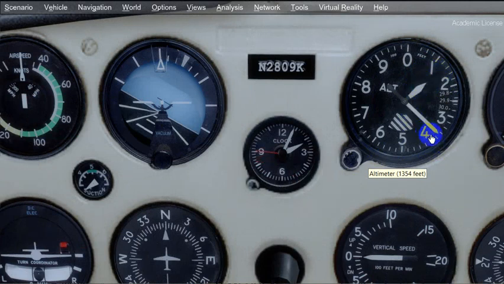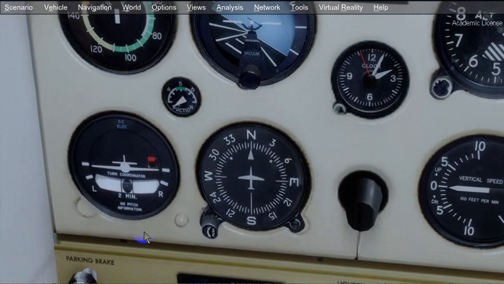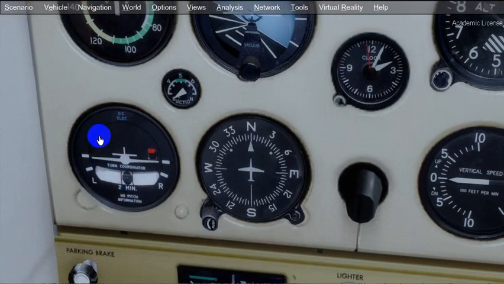Altimeter, we stated that we were about 1,300 and some change above sea level, and this is the thousands needle, and this is the hundreds of feet needle. So 1,300, 20, 40, 60, I think it was 1360, somewhere around there. The turn coordinator we won't go into too much right here, but we will talk about. This is powered